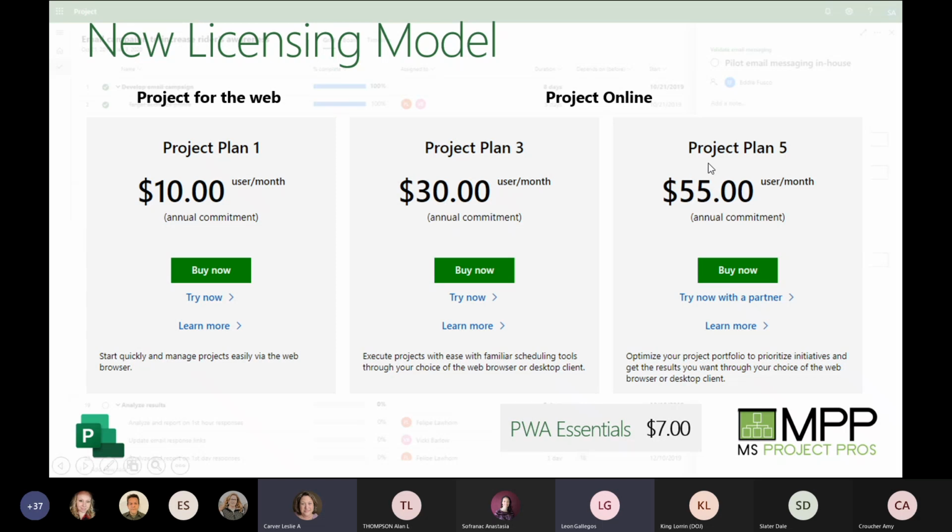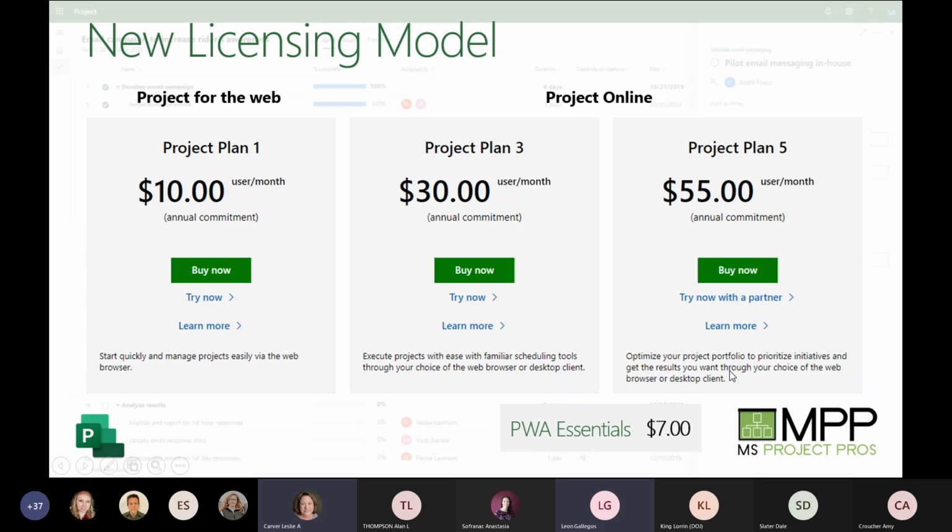Okay. Now there is a P5 here, and I don't like the way Microsoft has presented this plan because we have a lot of customers signing up for it when they really don't need it. If you talk to Microsoft, they'll tell you P5 gives you some additional portfolio and resource management capabilities, but it's a lot of smoke and mirrors, to be honest, because you largely get the same functionality with P3. These advanced capabilities in P5 are really not worth the $20.